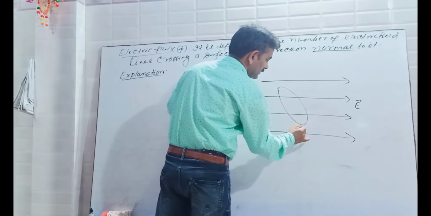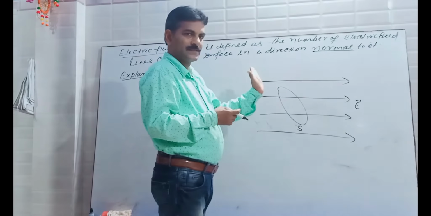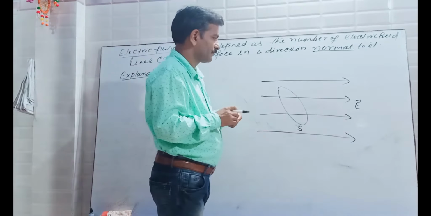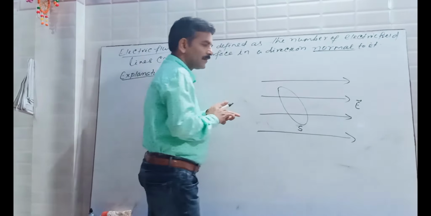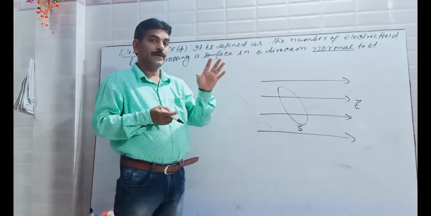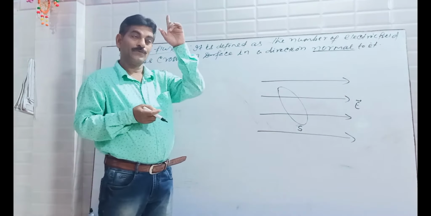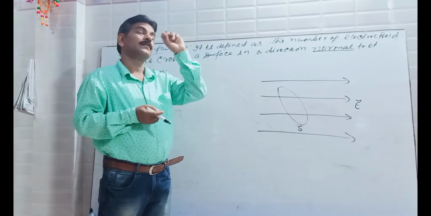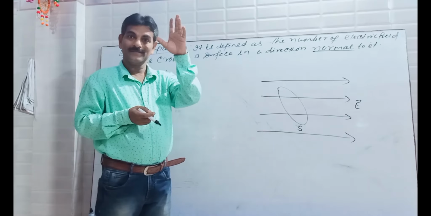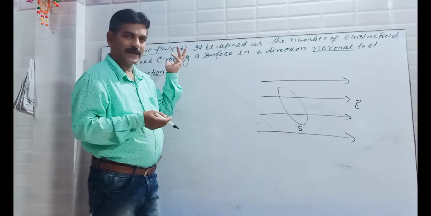You consider a surface S, which is placed making some angle with the electric field. You tell me, area is a vector quantity. You have to remember always, a very small area is always a vector quantity. From the cross product we are finding the area of a triangle, half mod of A cross B. Cross product gives a vector, so area is a vector quantity.